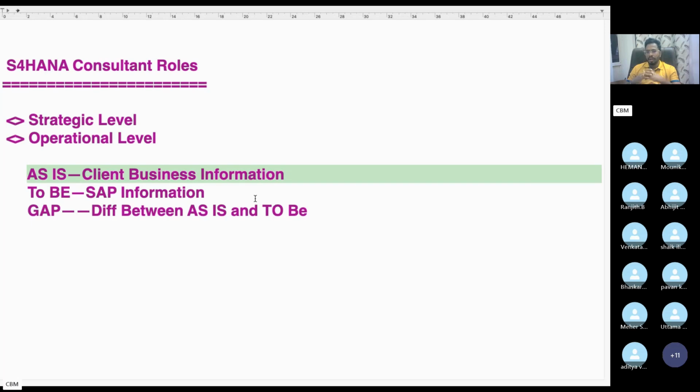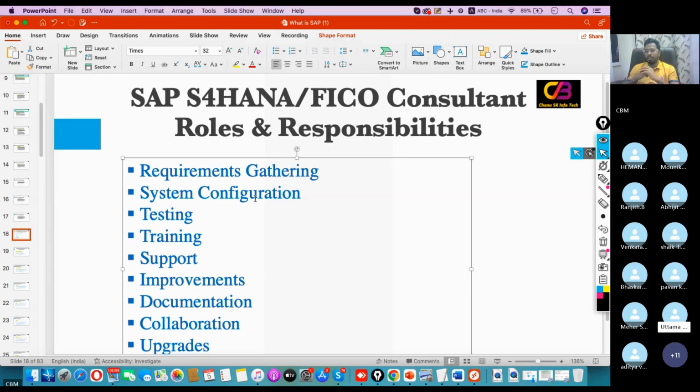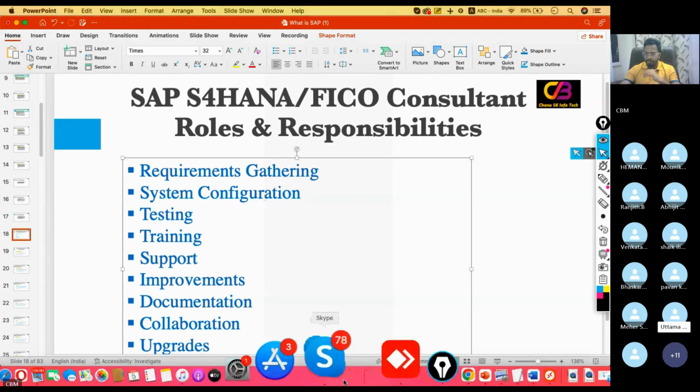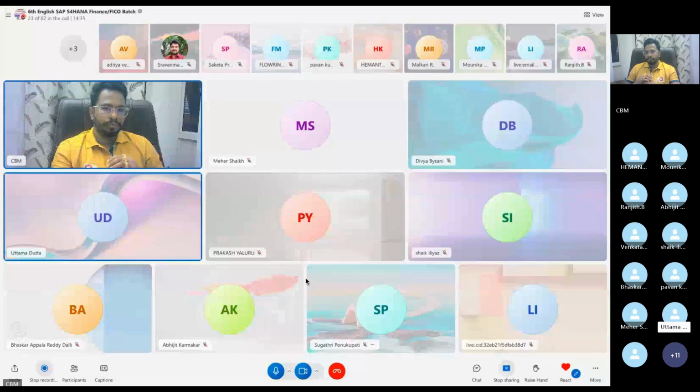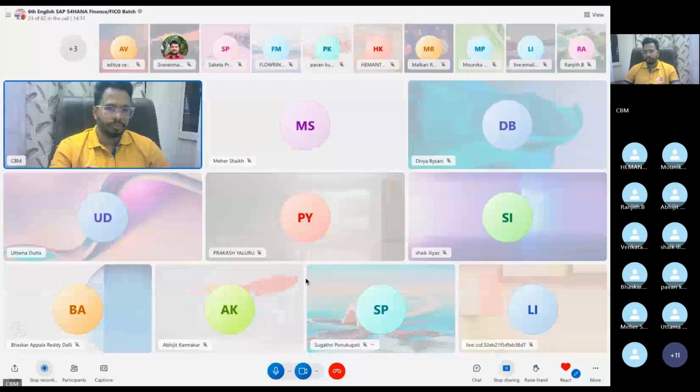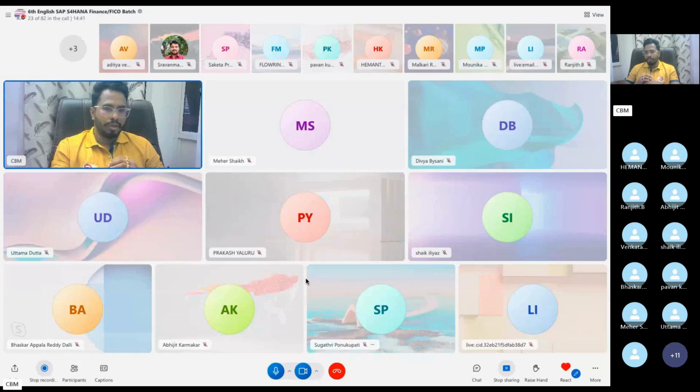As is means organizational details. Tell me what are the organizational details we have? Organizational details. Company code, plant, storage location, sales organization, distribution, etc. Okay, super. So in SAP FICO we have